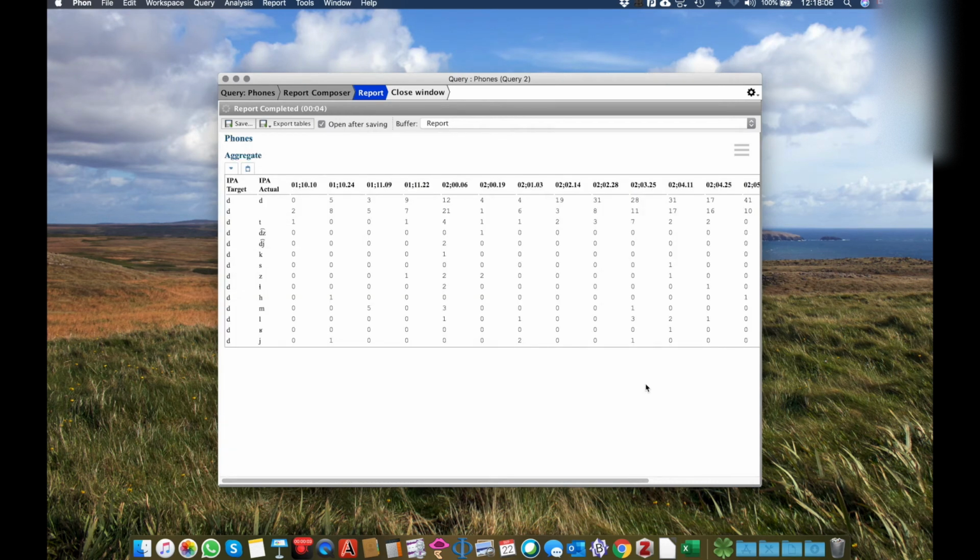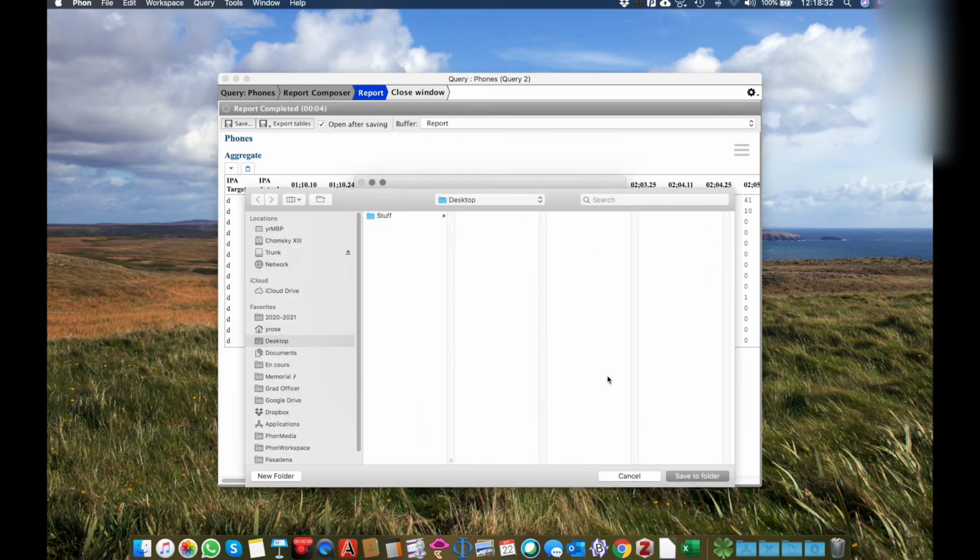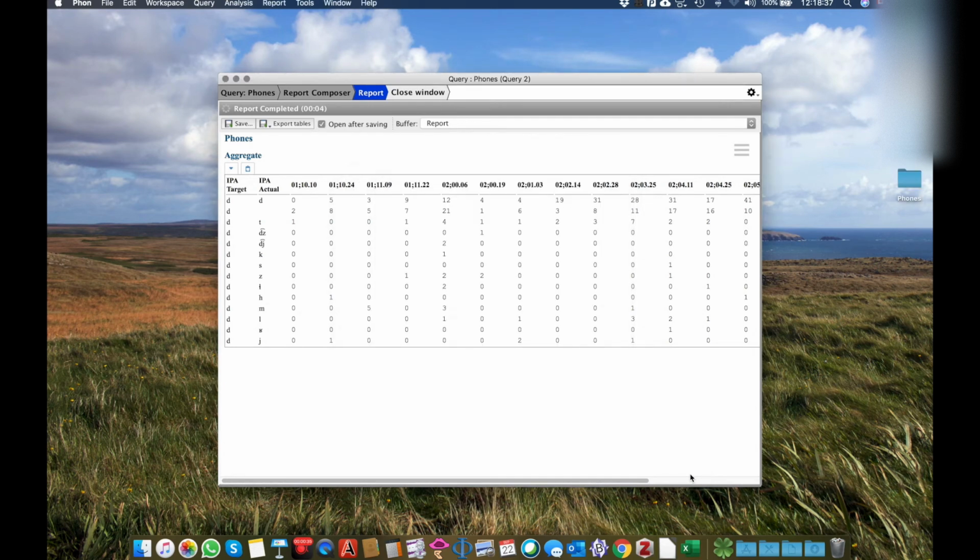And as a way to exemplify what we can do with our tables, in this particular case our aggregate table, what I will do is export my table to a CSV file, which will be located within a folder, and the folder will have the same name as my query here, so phones. So there's the wizard that enables me to set the structure of my export, and then I click on export and select the location for my export, save to folder, at which point I can open my folder and double